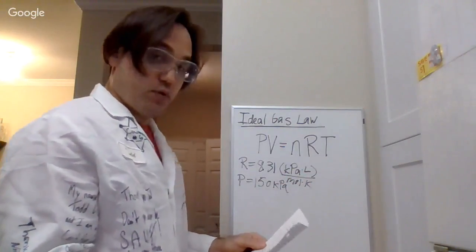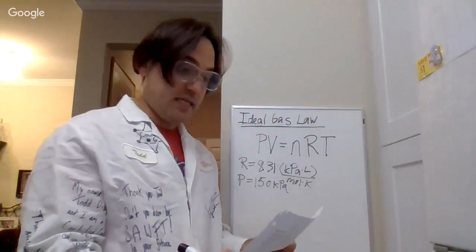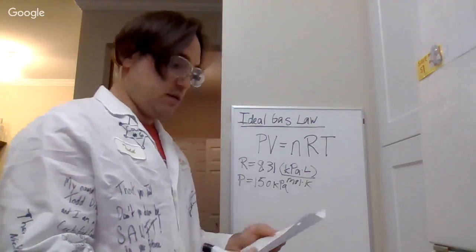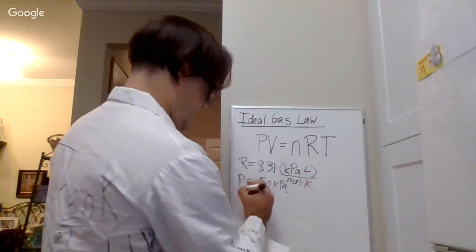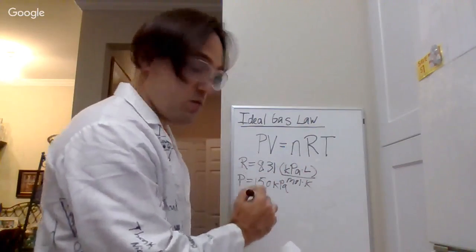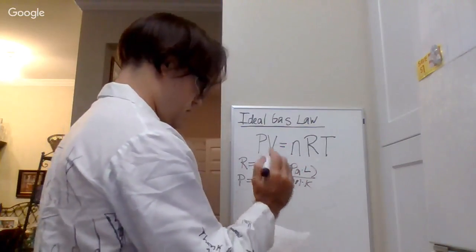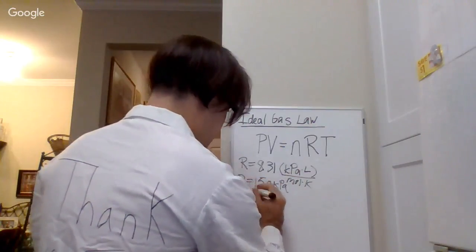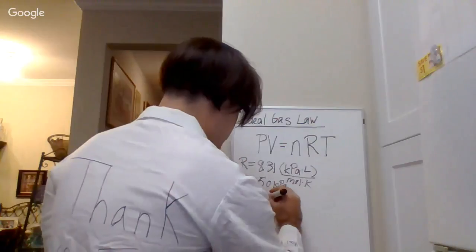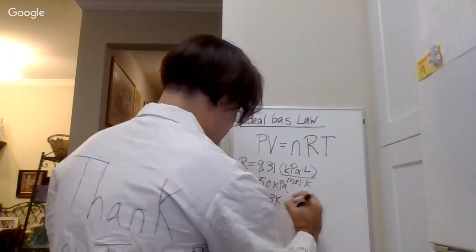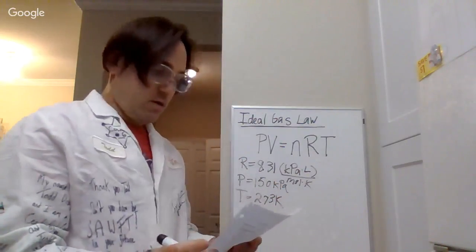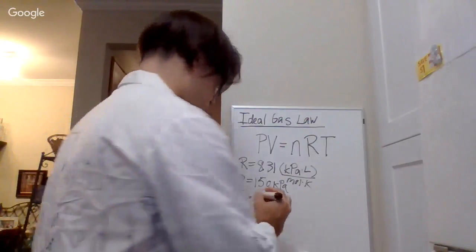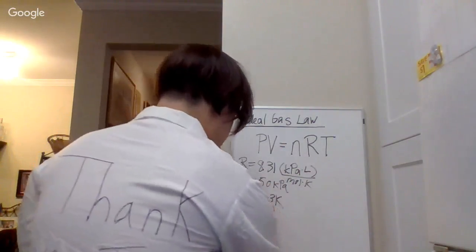Now, the next portion of information we get is that the temperature is standard temperature, which is always going to be 273 Kelvin. So T equals 273 Kelvin. Okay, and then the volume is 250 milliliters. So volume